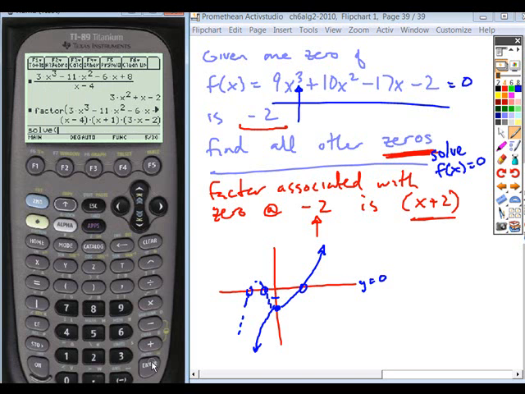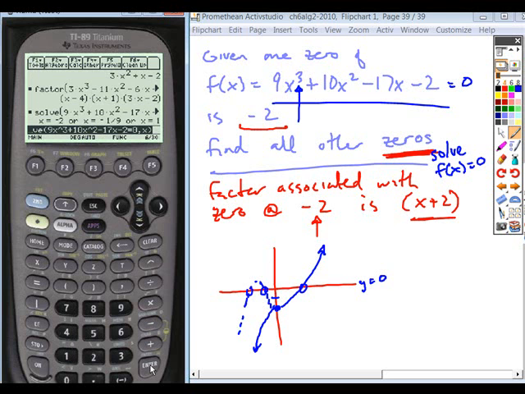So if I took this function right here, 9x cubed plus 10x squared minus 17x minus 2, and if I took that and set it equal to 0 and then solved it for x, so comma x, and hit enter, I can find all my zeros. So my zeros are 1,